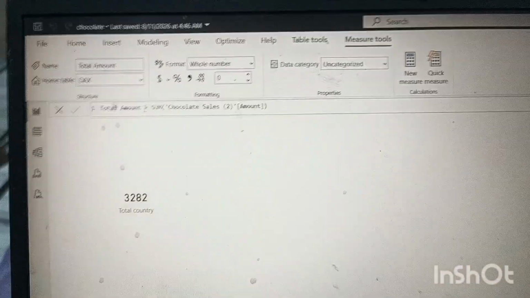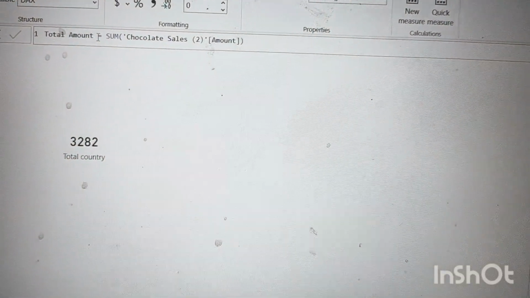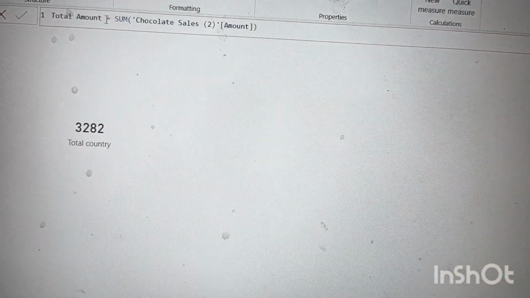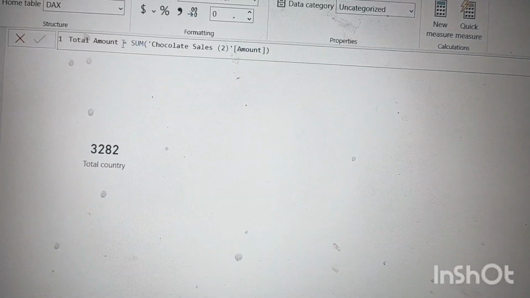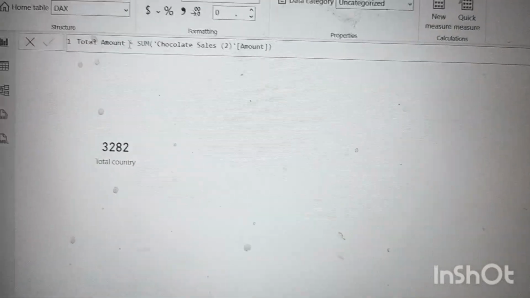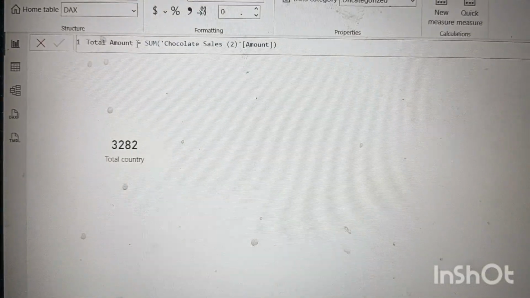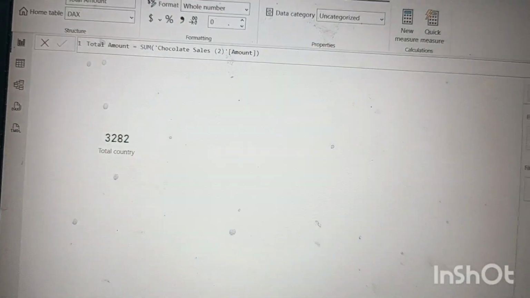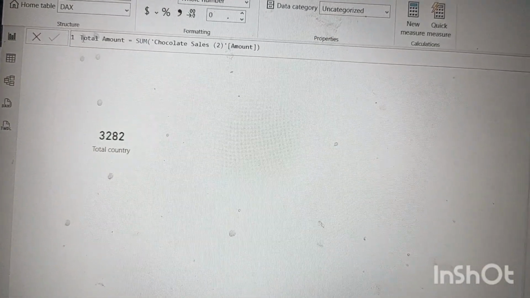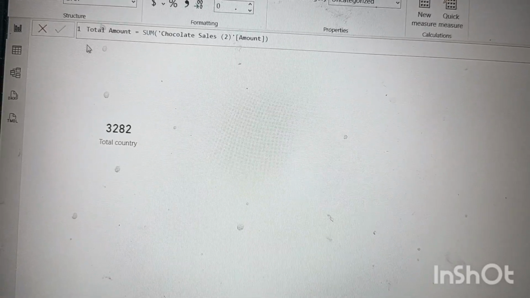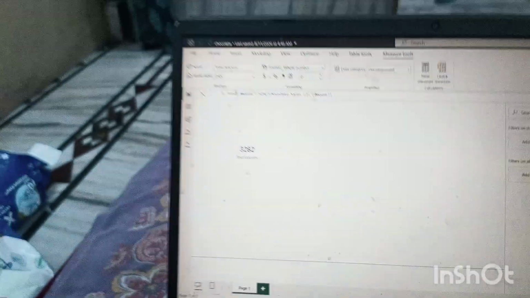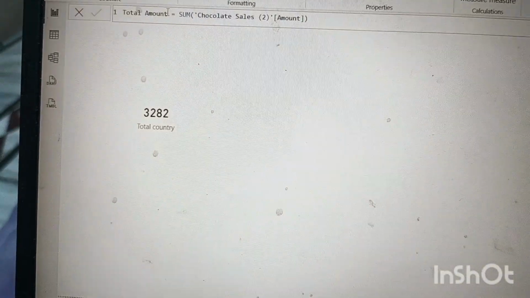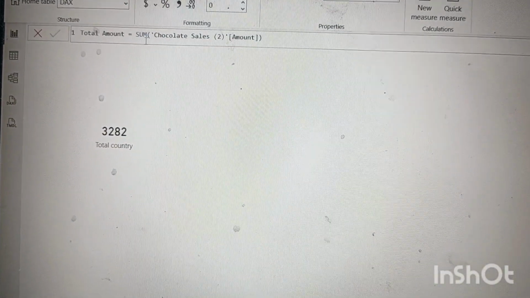To get the total. So when we have to get a total, we use sum, and what we want to calculate is total amount. So whatever you want to calculate, just write here in total amount. The equals sign will always be available there, you don't have to touch it. Just write here total amount equals, then you have to calculate the sum.